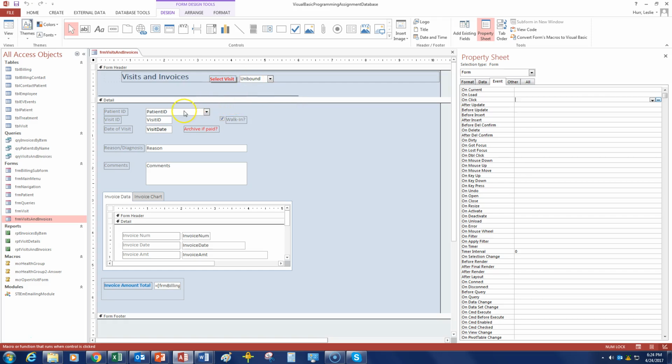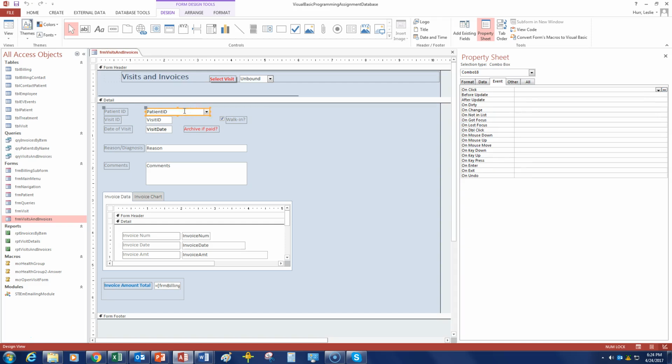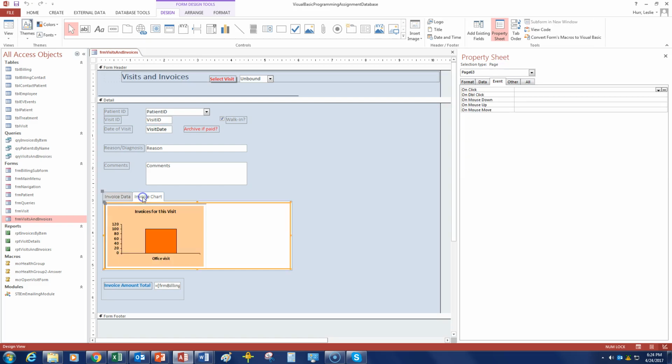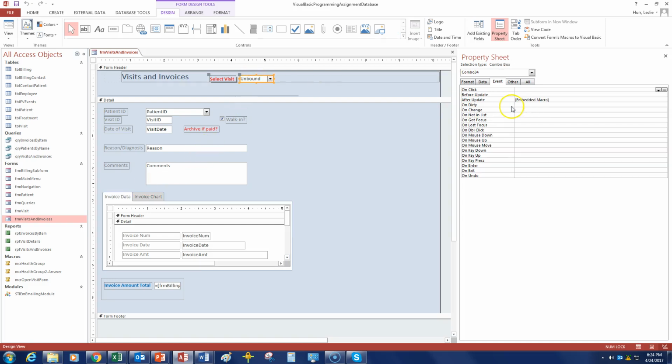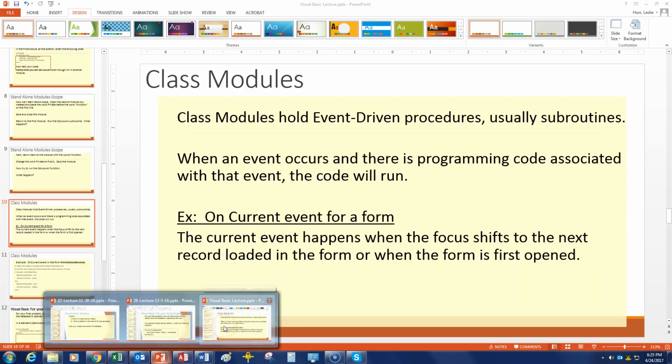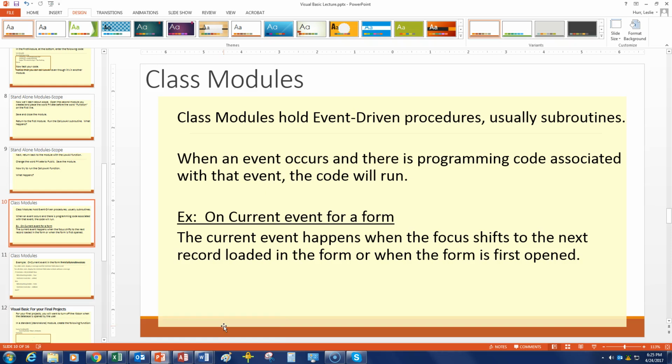And you can have code associated with lots and lots of different kinds of controls. For example, there is a macro here that's associated with this particular drop-down list, but you could, if you wanted to, associate code instead. So what I want to do now is go back to my slide here